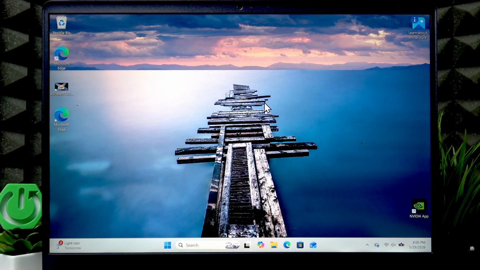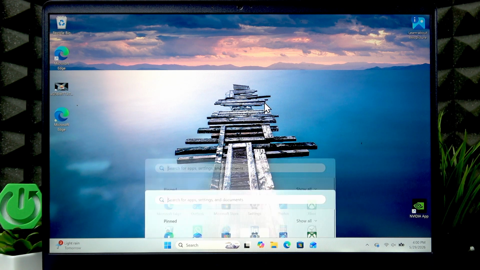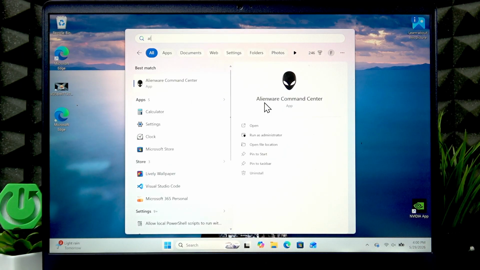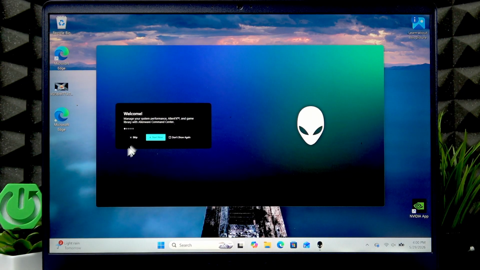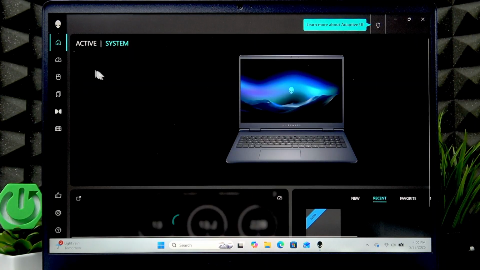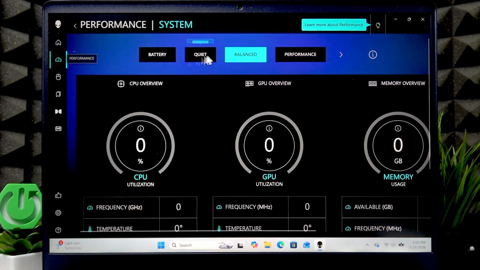So in order to actually prepare your device for gaming, you're gonna need to open the Alienware Command Center application. So make sure that you have it on your PC. If you don't, you can download it from the Dell support website. Once you download the application and run the installer, just open this app, skip the introduction screen, go to Performance,